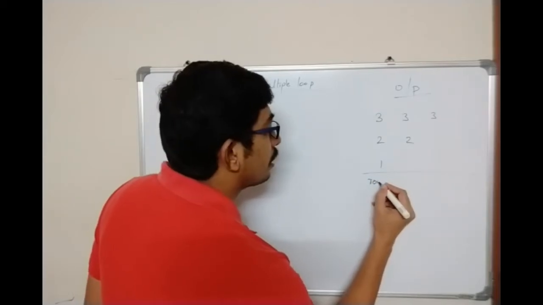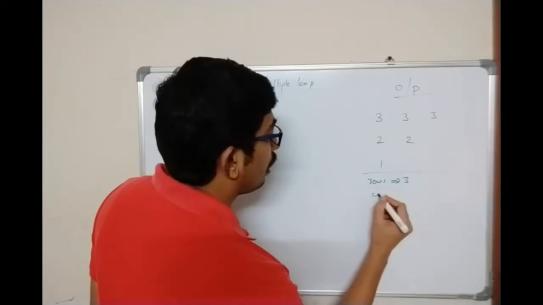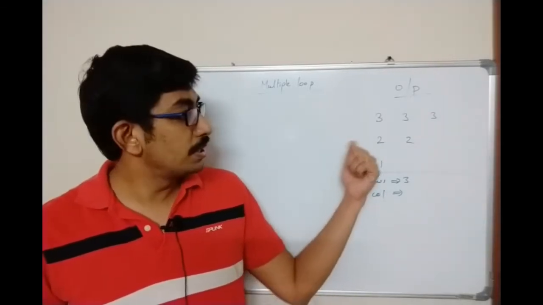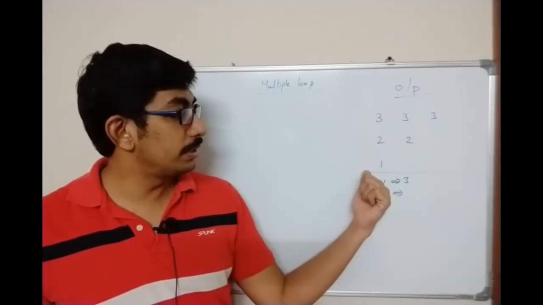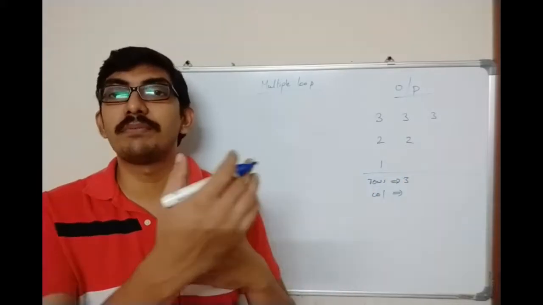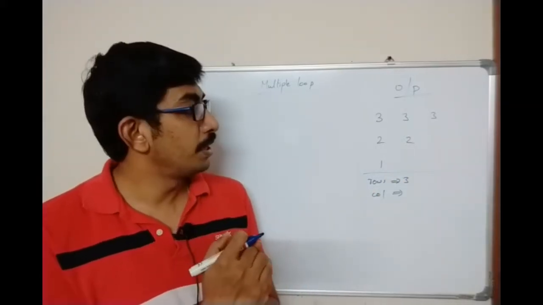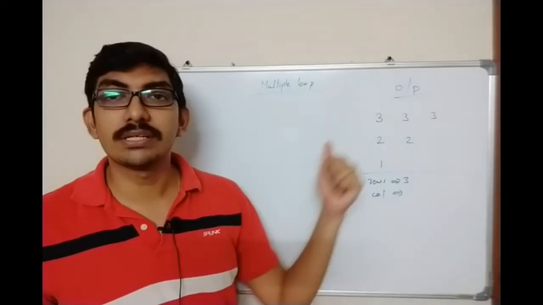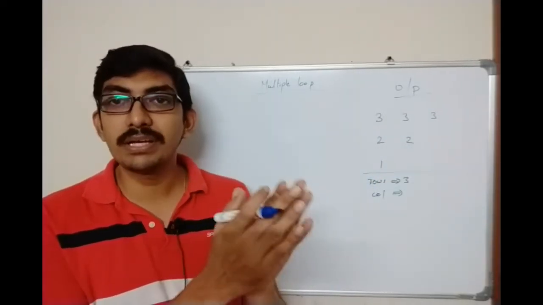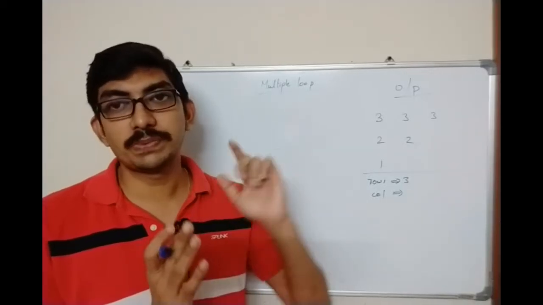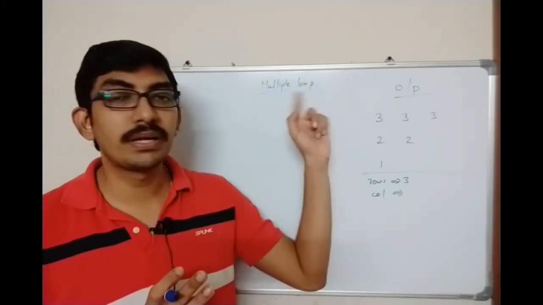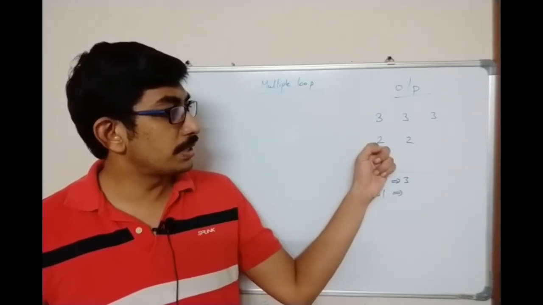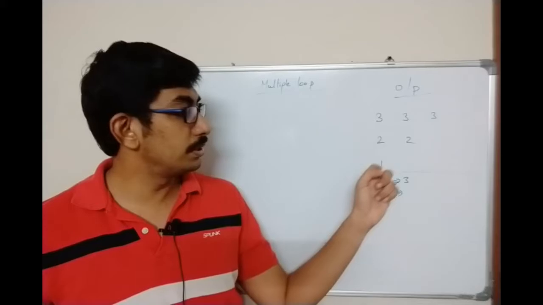The first thing is that the number of rows is 3, and when it comes to the number of columns, in the first row we have 3 columns, the second row 2, and the third row 1, which means the number of columns is changing. And what about the output? In the first row all the elements are 3, which means it is constant, so that variable is updated in the outer loop. In the second row it remains 2, and in the third row it is 1.